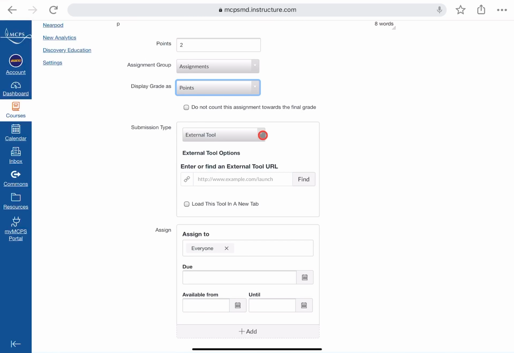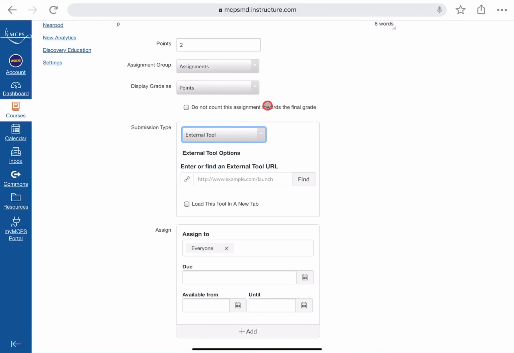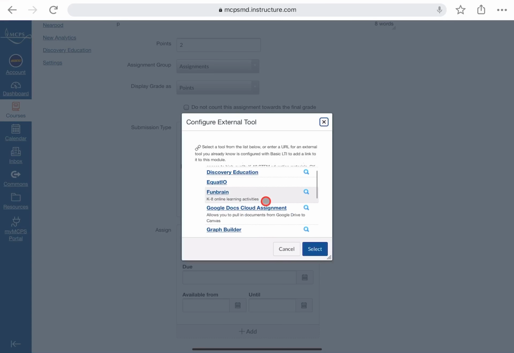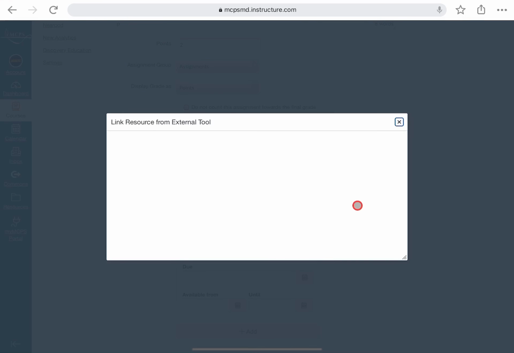Now, the submission type is going to be important here. You want to make sure that you use an external tool. So I'm going to click on external tool, and we're going to find that external tool, which happens to be Kami. So I'm going to scroll down, look for Kami, and include